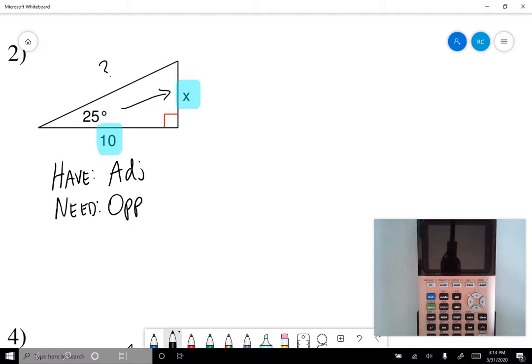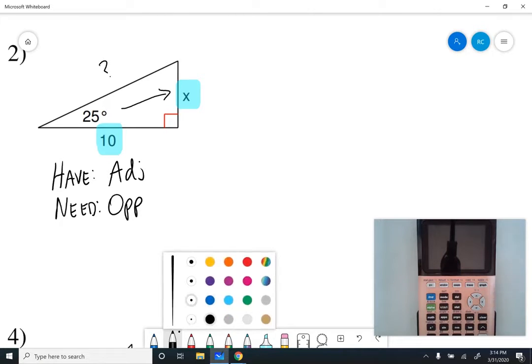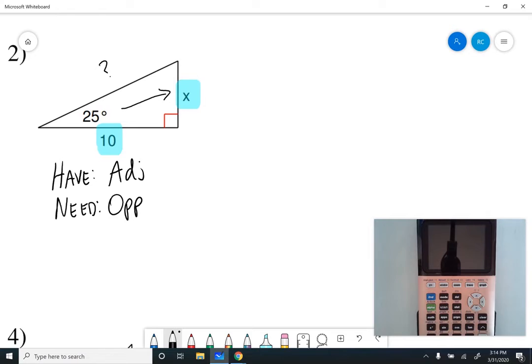So that's step 1. Step 1 is list out what do you need, what do you have. Very important step. I know it doesn't seem that important, but it's one of the best ways to keep yourself from making careless mistakes that come from going too fast. So we need to know what ratio we're going to use, and to find that out, we're going to go back to